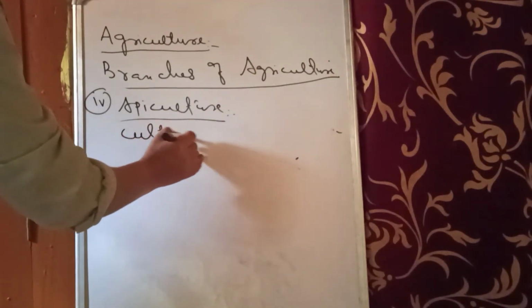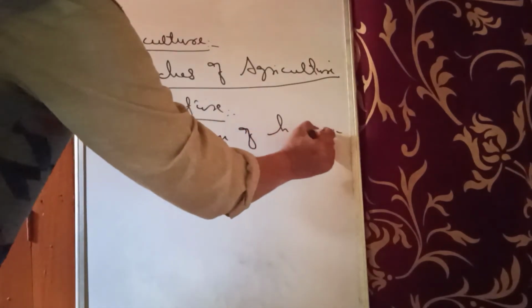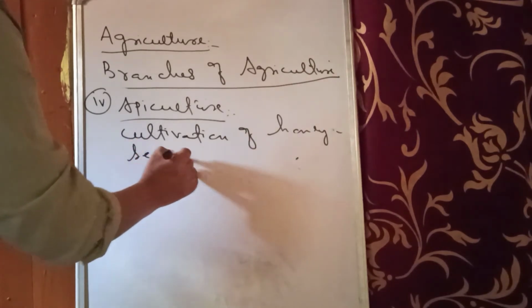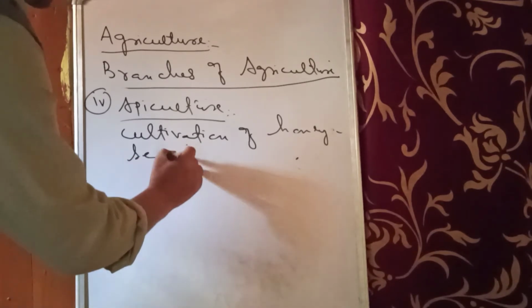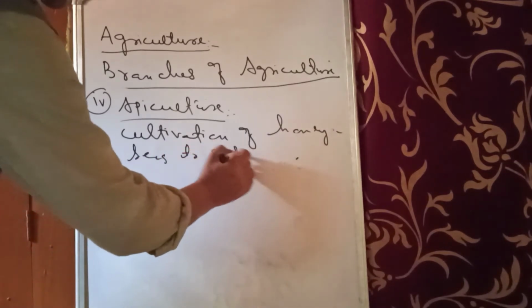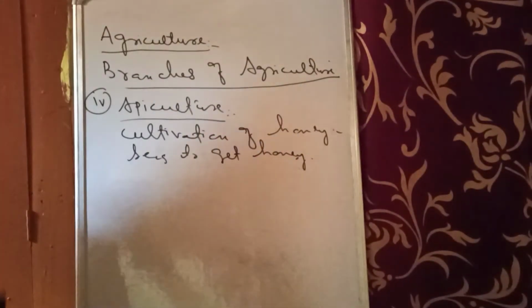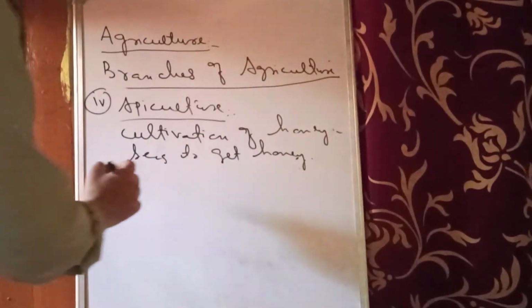So this is the cultivation of honeybees for honey, to get honey, जिसको हम शहद भी कहते हैं. This is another culture. We have one more culture, that is